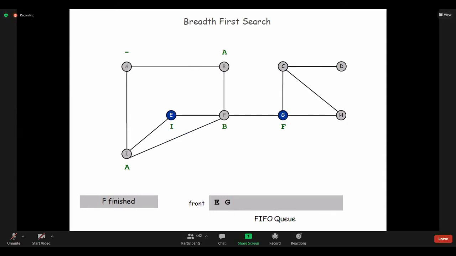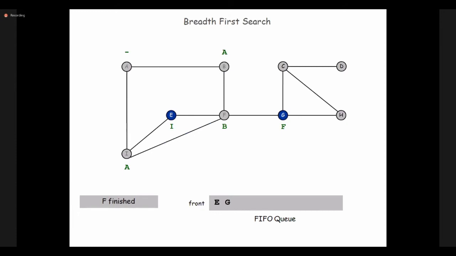So after deleting E, what should we do? What are the edges and vertices for E? I, F. But it is already done now. If it is already done, then what should we do? We should remove it from the queue. There are no unvisited vertices for E. So we will remove it directly from the queue. That clause also we should include while writing the program. We can achieve that by comparing the visited value of that particular adjacent vertex. So I am removing E from Q.